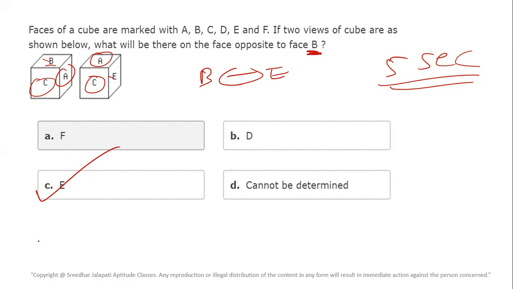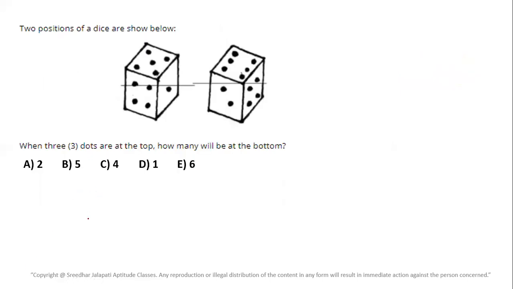Now these are one type of questions. Don't think that this is all about dice. We do have different types of questions also. Next one, quickly. As I said, watch the video till the end so that you will learn the topic completely. You will be able to answer any question which is given in the exam after watching this video. So here is the question.